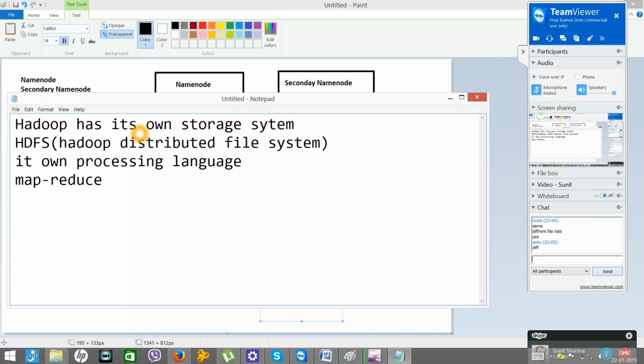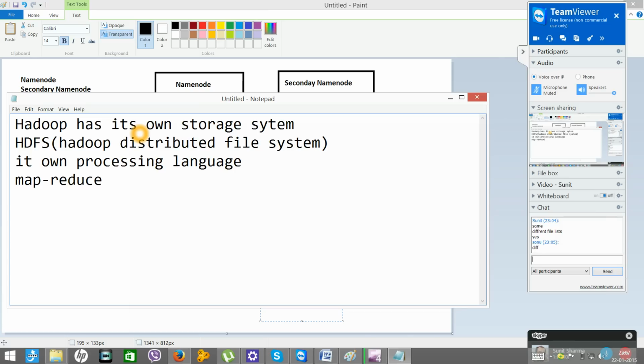Do you remember yesterday we discussed that Hadoop is used to store and process huge amounts of data? I said it can be used to store huge amounts of data as well as to process huge amounts of data. Now to store the data, which file system will it use? HDFS.